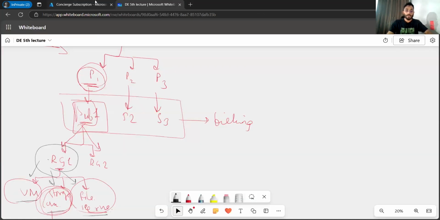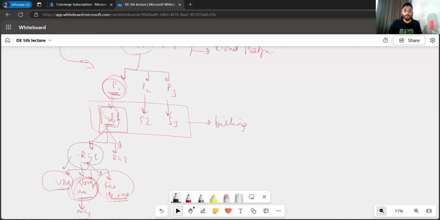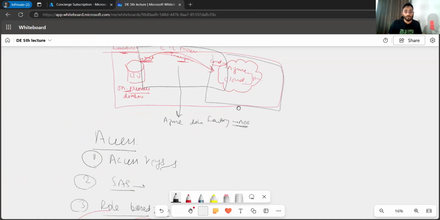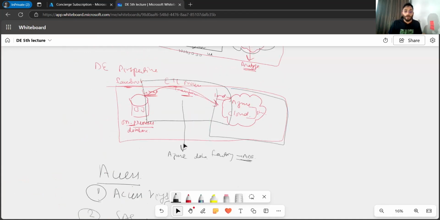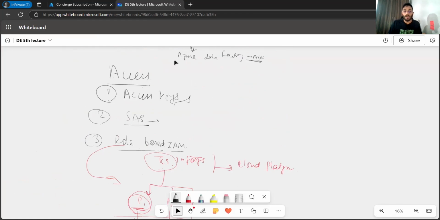So here we understood two things from this video. We understood the real world use cases of Azure storage account and the role of a data engineer. We also understood how we actually give access to a storage account using three ways. The first one was using access keys. We do not generally use this way to give access to another person, because it gives full control to the other person, and that's not really good. We generally use SAS tokens, shared access signature, because here everything is automated, and you give permissions at a micro level. And the third one was